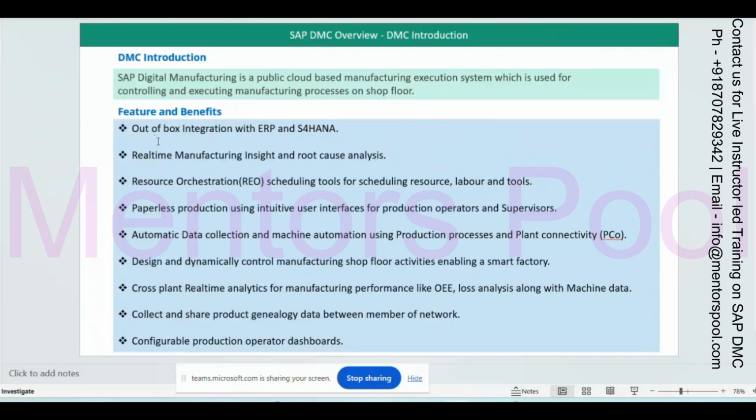So that master data or production order that you are creating in S4 HANA can be downloaded in DMC. And for that, this communication happens through IDOC. Whenever you are transferring one material from S/4HANA to DMC, there is a message type MATMAS.